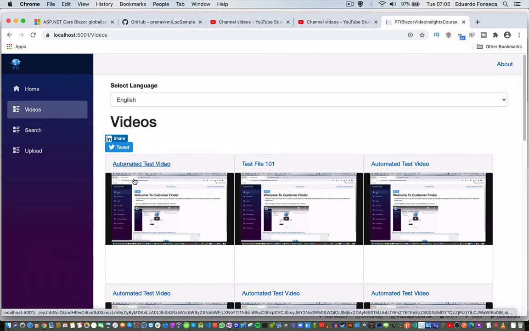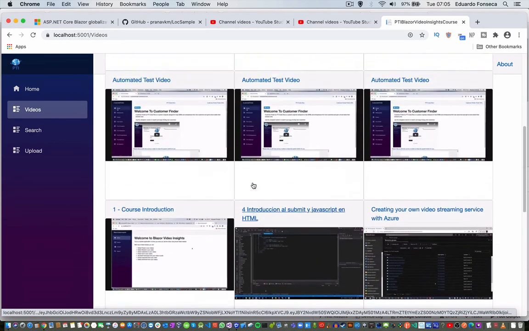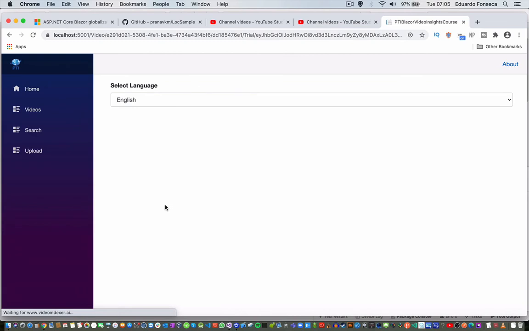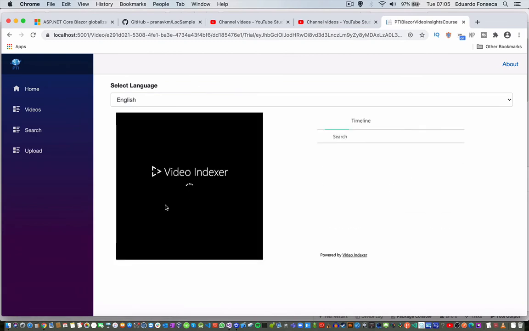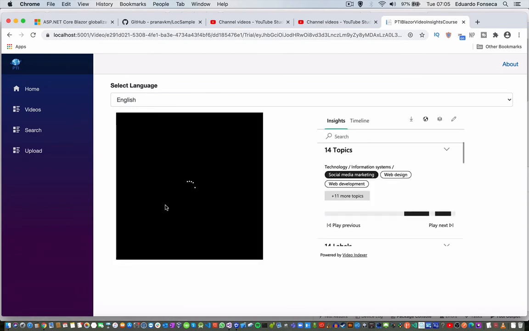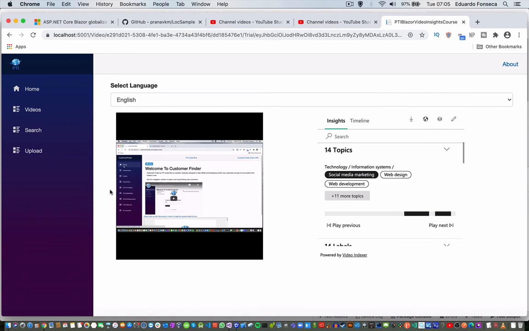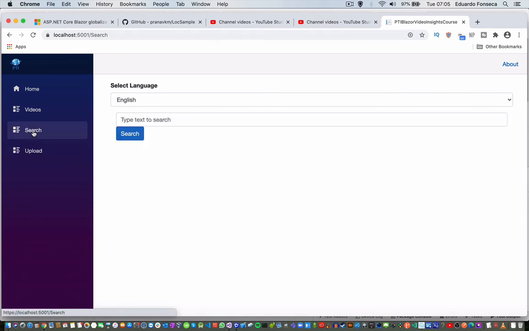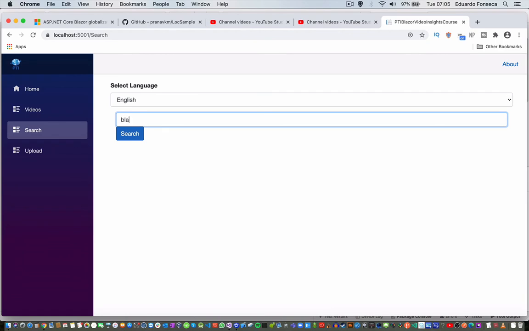So we see all of the videos in there, okay, and if we click them it should take us to the widgets, and we are able to see both of the widgets, and the search should be working just the same. We see the indicator in there,